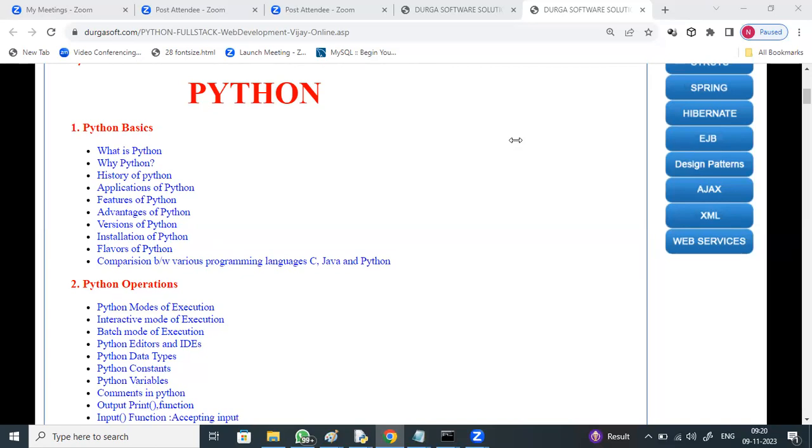Any other queries? Sir, for Python, you are going to explain 30 topics, right? Yes. For each and everything, you are going to explain program-wise with example programs? Yes, everything will be practical. Every statement, I will be typing and showing you. And the notes will be available for us? Yes, the soft copy of the notes I'll be forwarding, topic-wise. And is there any project you are giving for only Python, sir? Some GUI-based application I'll be providing, and a GUI-based application is also a project.